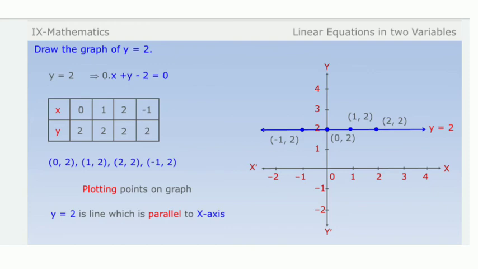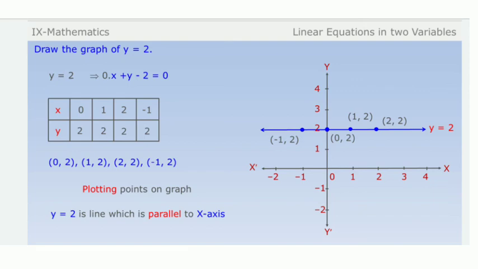So the first point is 0, 2. Where is 0, 2? Here 0 is on the origin and 2 on the y-axis, because 0 is the x coordinate and 2 is the y coordinate. So where does 0, 2 lie? On the y-axis. Okay, 0, 2 and 1, 2. Here 1 is the x coordinate and 2 is the y coordinate. Where does it lie on the graph? Yes, 1 is on the x-axis and 2 is on the y-axis. So this is the intersection of these 2. So 1, 2 lies on this point.